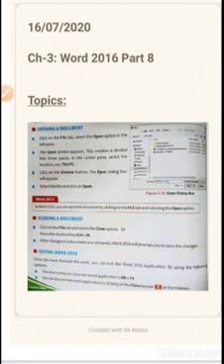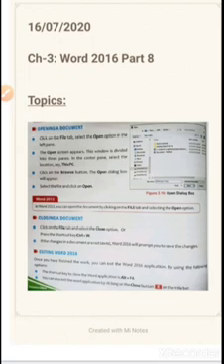First, start and open the application, that is Word 2016. Then click on the File tab and select the Open option in the left pane. Once the Word document is open, you see all the tabs shown on the bar. You click on the File tab and then select the option Open.